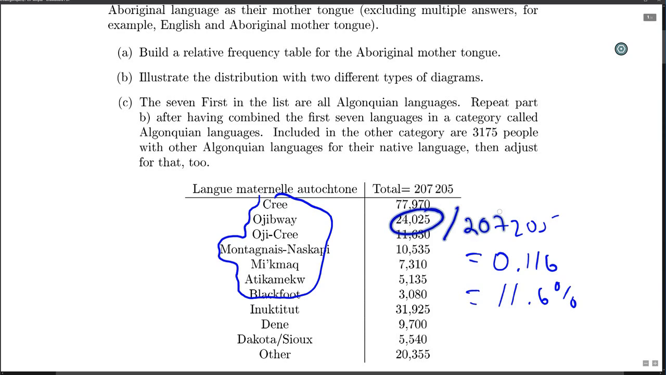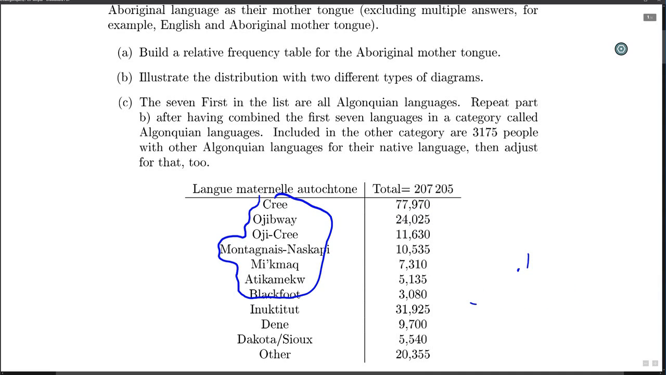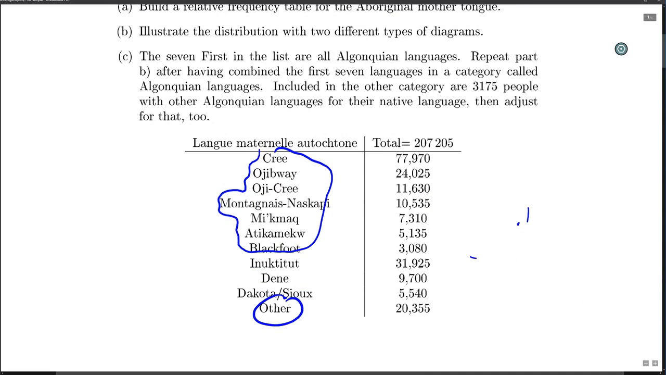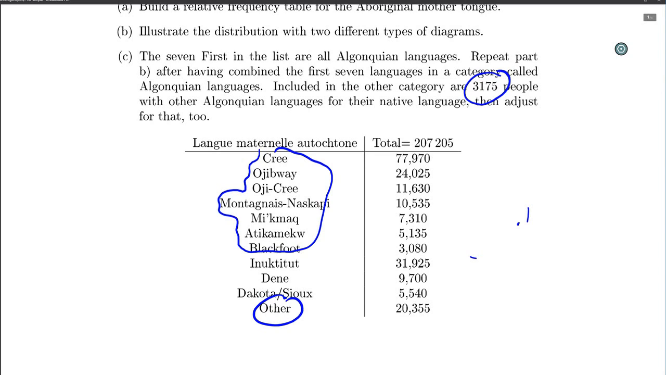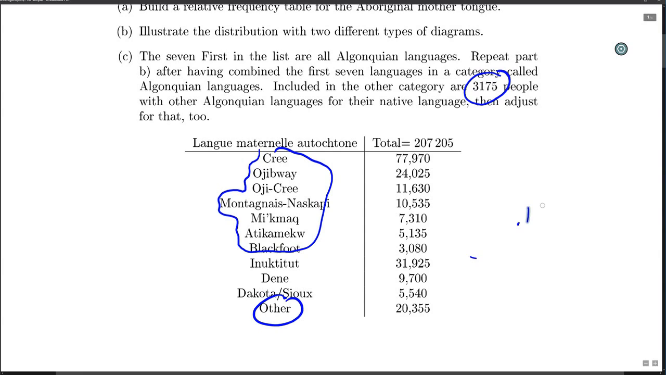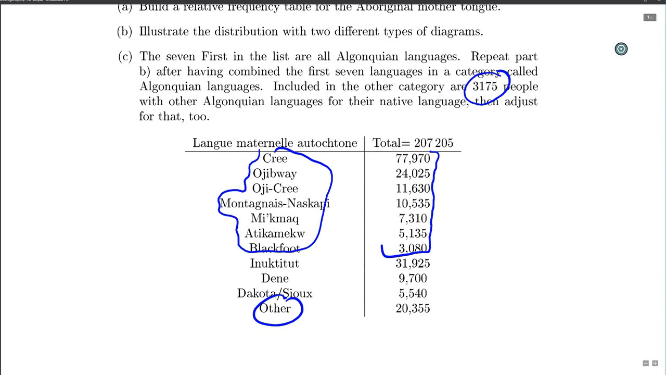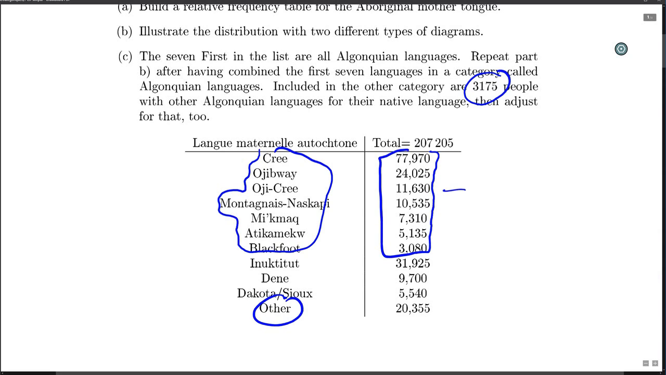And then also in the other category at the bottom of our table, from the 20,355 there are actually 3,175 which also belong to the Algonquin languages. Okay, and so what we'll do is add up the frequencies for the first 7, 1, 2, 3, 4, 5, 6, 7. So we'll add up all of these frequencies. This will belong to the Algonquin language, which is